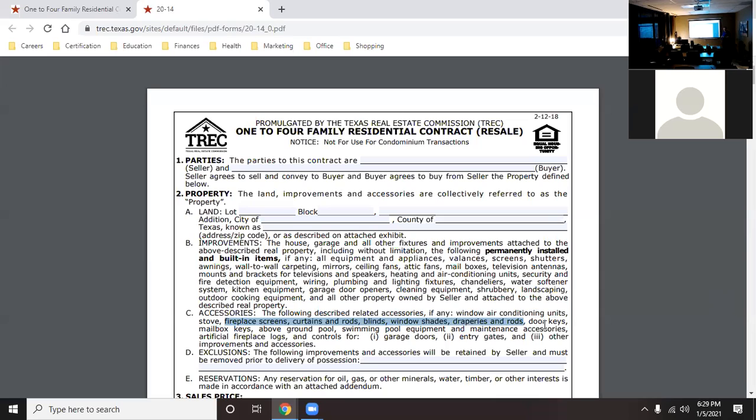I can either put it in exclusions, or I can advise you to go hire a lawyer to write your own contract. Which is a lot of fun to do sometimes. People are like, I don't want that. Well, then go pay an attorney. You cannot mark through that and initial, because when you mark through it, you're acting like an attorney. You have to leave what's printed.